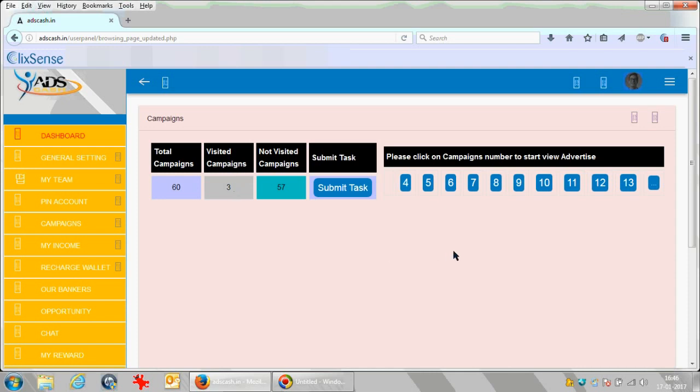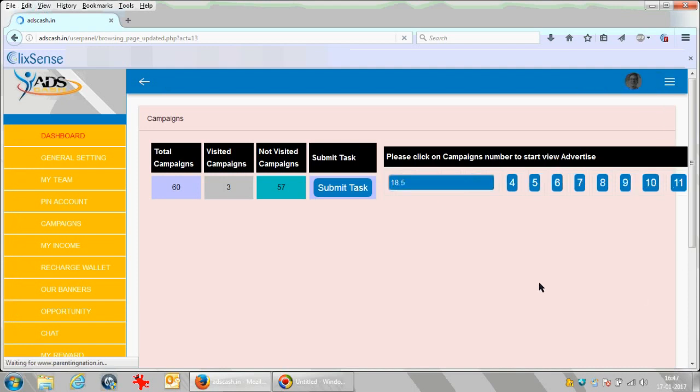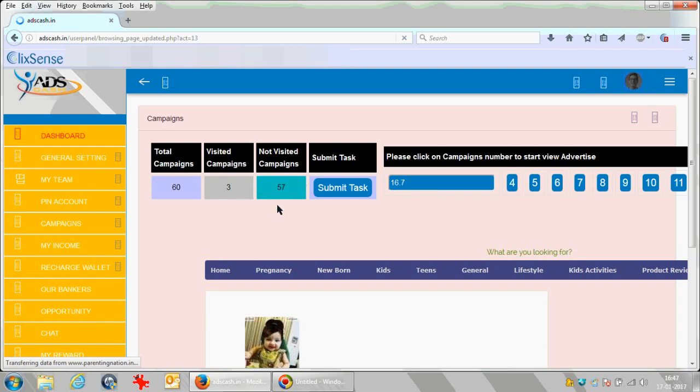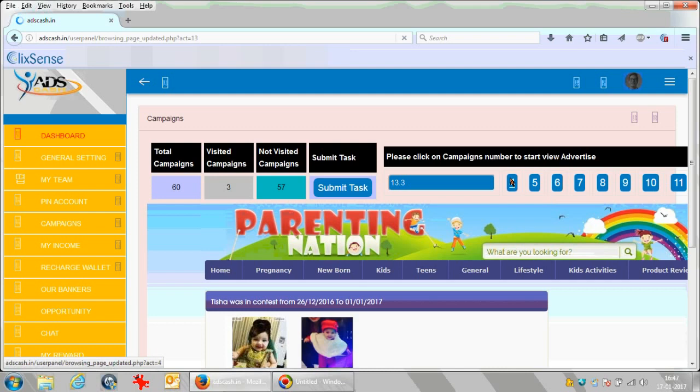When you are using it on a PC, it's somewhat okay, but when you are using it on mobile, you should be very careful. Be careful not to click on submit task. Rather, the idea I would suggest is to start clicking from here so that you are very safe. At the end of the day, all the 60 links have to be clicked. That is what we need, and we need not worry much about the order in which we click.